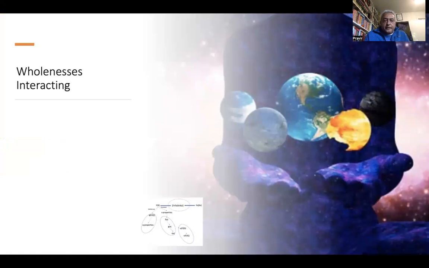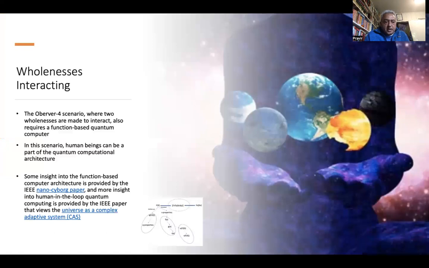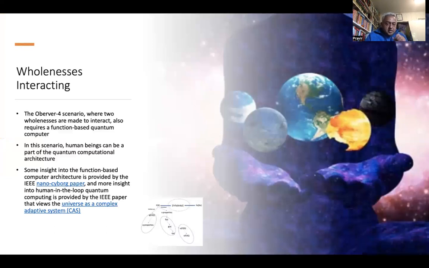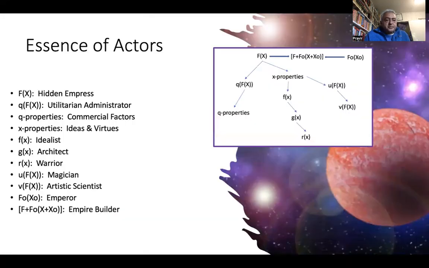And then finally, we have the fourth technological paradigm of wholenesses interacting. And this is the observer 4 scenario, which would be based on a function-based quantum computer. And in this scenario, human beings would be part of the quantum computational architecture. And again, I've done some baseline thinking on this and published a couple of IEEE papers that, again, I'm happy to share. So summarizing, if we think about the double-slit experiment and the play in the world that it creates, then